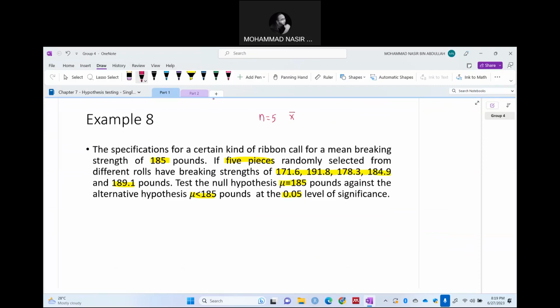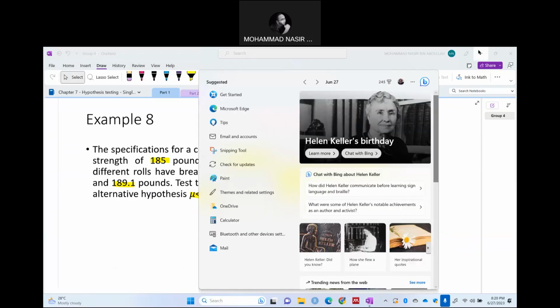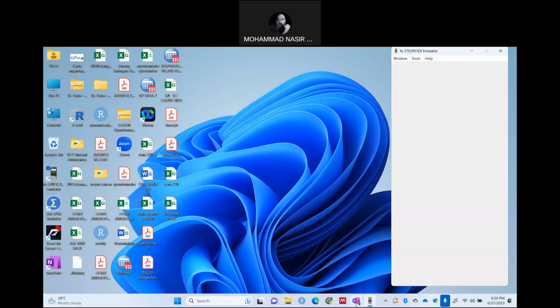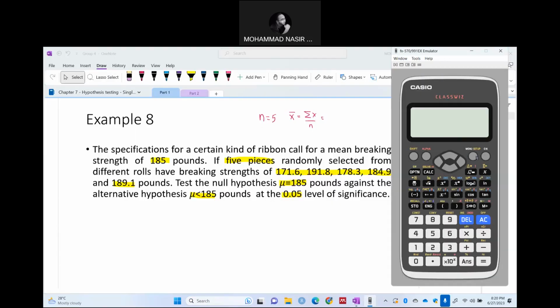X bar, we need to calculate from the data, right? So X bar is summation of X divided by n. So you just input into your calculator, right? You know how to input into the calculator, right? Let me put this one. So first, click on menu and 6, choose number 1, which is 1-variable. So we input one by one, 171.6,